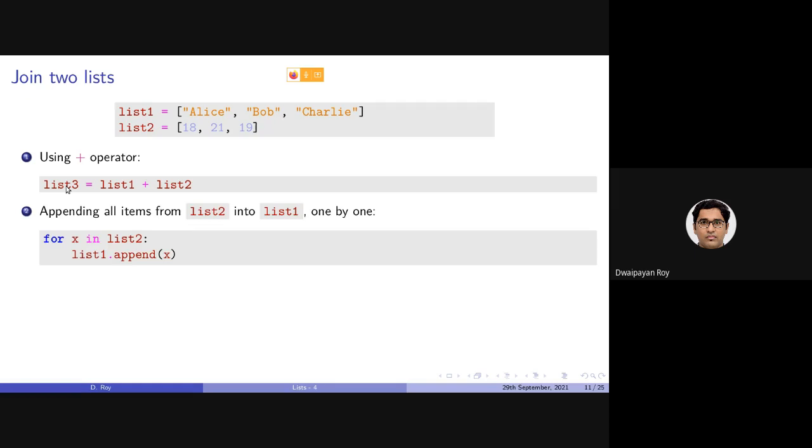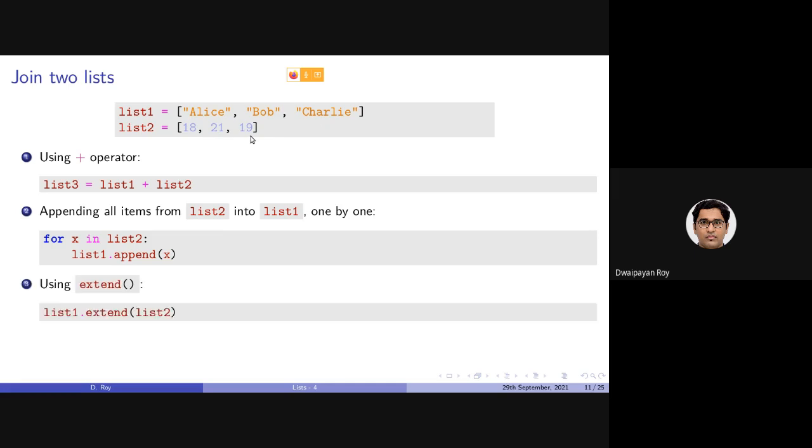The same thing, as I have said, I can create another list, but in this example, I am appending the items in list 2 into list 1. So in this case, I am changing list 1, but list 2 is kept as it is. After this operation, list 1 will contain Alice, Bob, Charlie, then 18, 21, 19. List 2 will contain 18, 21, 19.